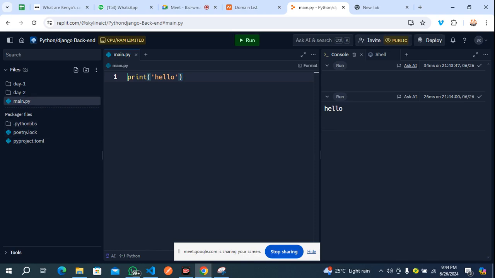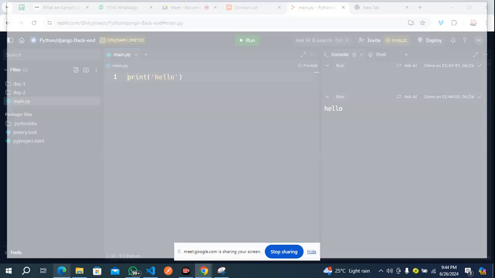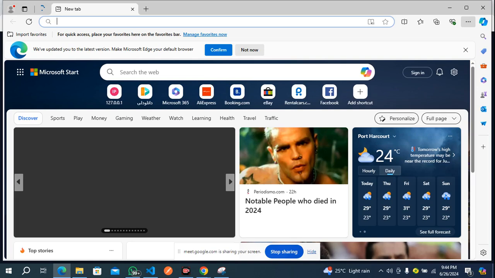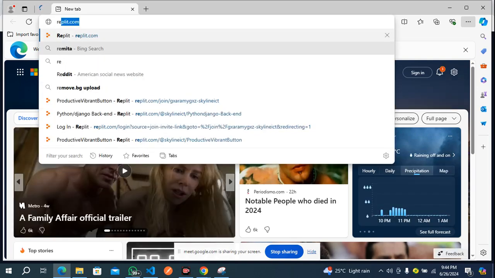And one interesting thing about this platform that most people don't know is that, let me show you something, the way that you can code and be able to track your code live. Say I have Replit there.